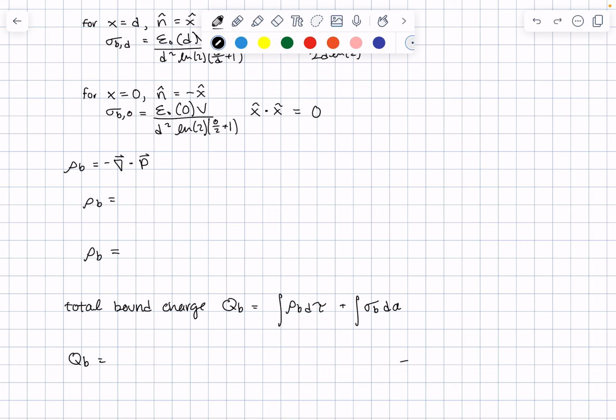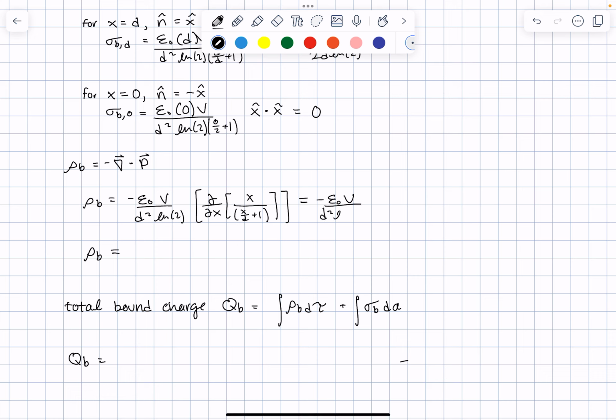So we can bring out our constants, negative epsilon naught v over d squared ln 2, and then we'll need to take the partial derivative with respect to x of x over d plus 1. And that's actually it for this because we only have an x component, and that will be epsilon naught v over d squared ln 2